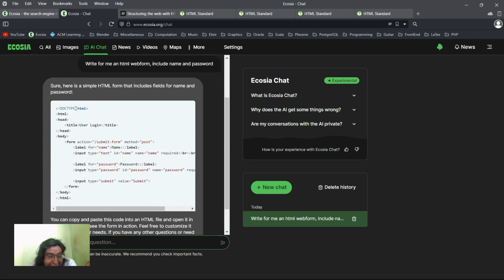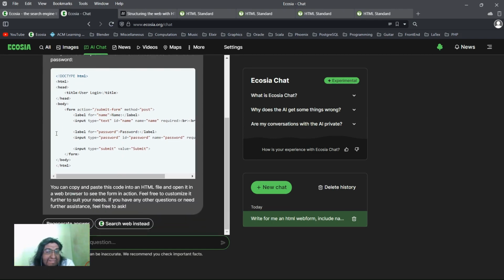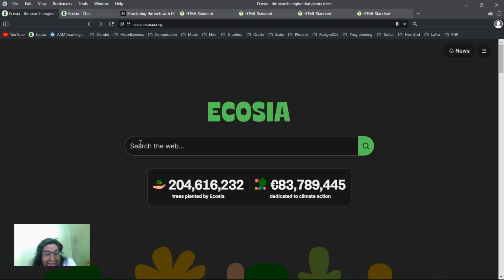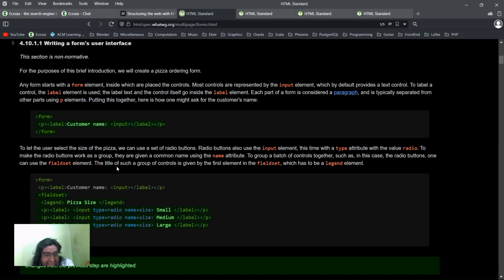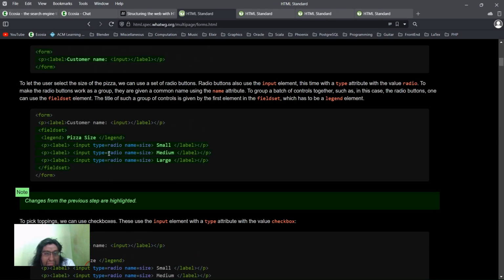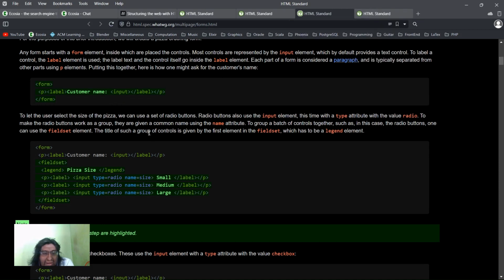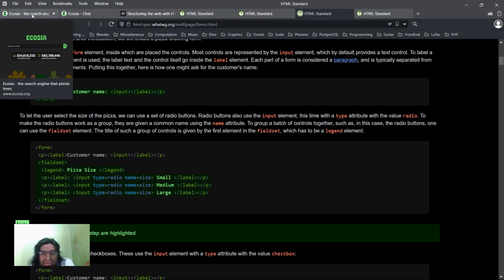Here, look at, oh my god, HTML, head, title, body, form, label. You can do this. You can search the web with your favorite search engine. You can come here. I want to do it on my own. Okay, click on this, type it, whatever you need to do. At the end, you will end with the result,